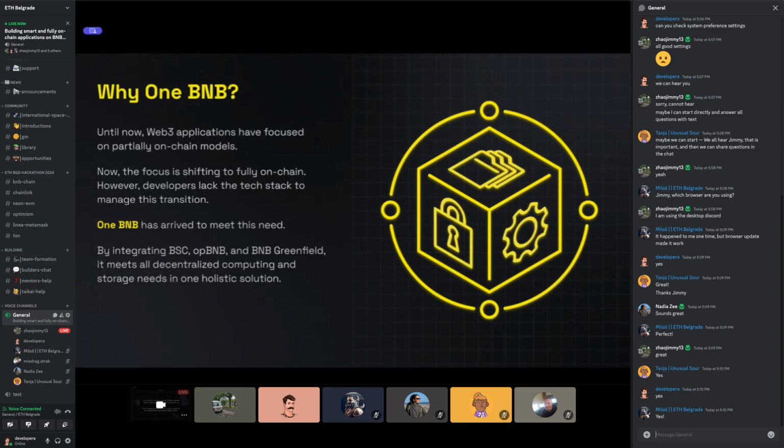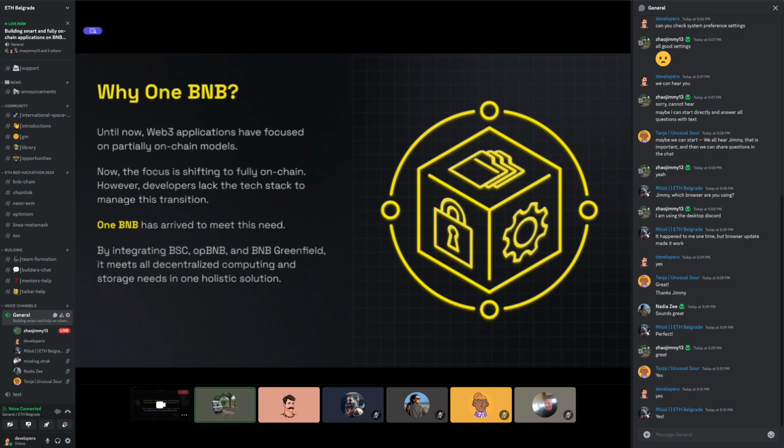For example, the data, virtual assets, media files, or other user interactions are usually not on chain. Right now we are trying to shift from partially on-chain models to fully on-chain models, which means developers can build everything on chain, removing the need to build off-chain solutions or off-chain tech stacks. We want to build the One BNB paradigm to provide this tech stack to manage or simplify this transition. So what is One BNB?